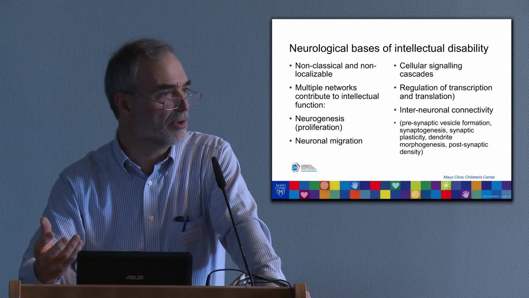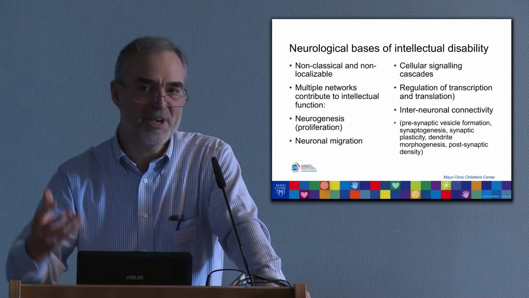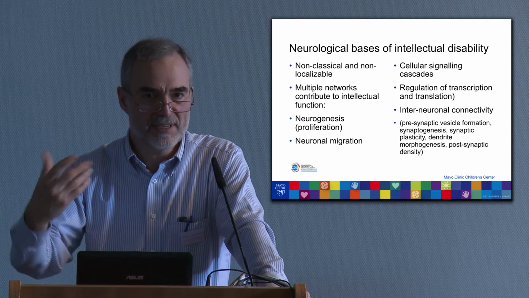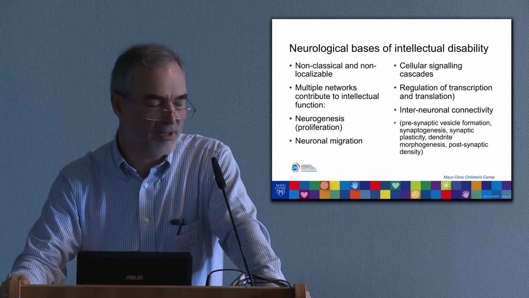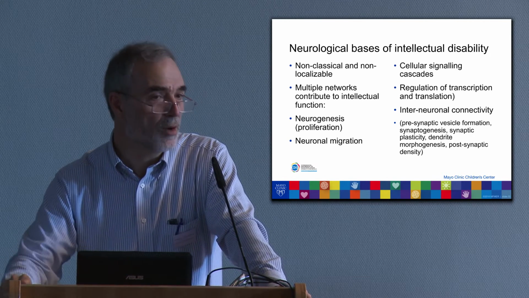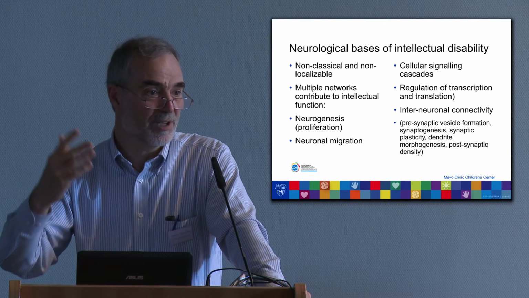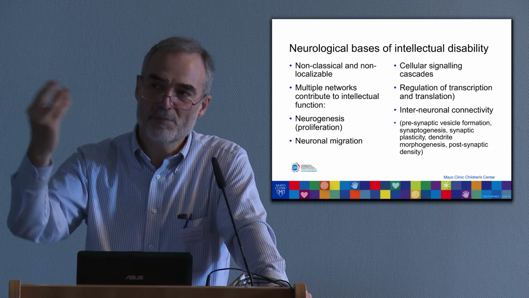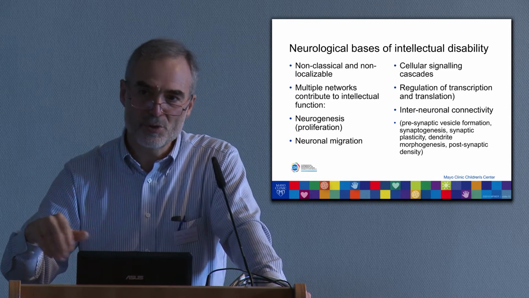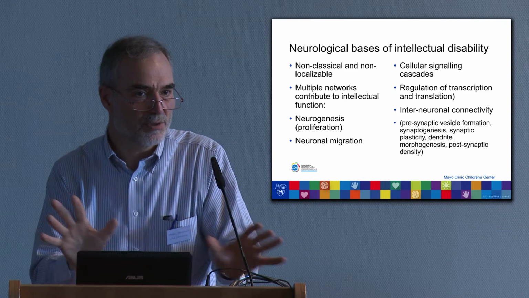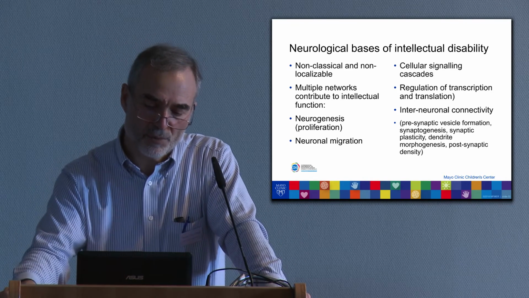Well, first of all, you have to make neurons, the process of neurogenesis. And this occurs well before birth. This really becomes quite dramatic in the middle trimester of pregnancy. We have many more neurons than we need before birth. In fact, the normal developmental process involves pruning back neurons, losing neurons in a programmed fashion. If they don't make the right connections, they won't survive. So this is an important process.